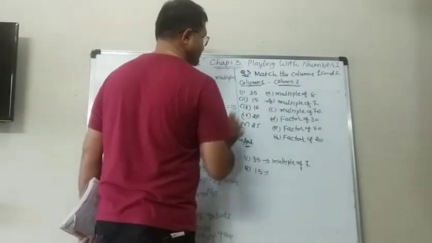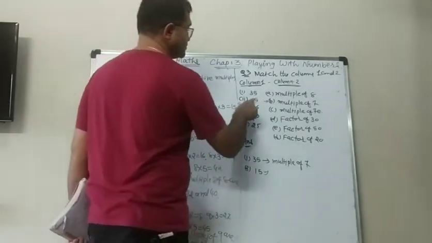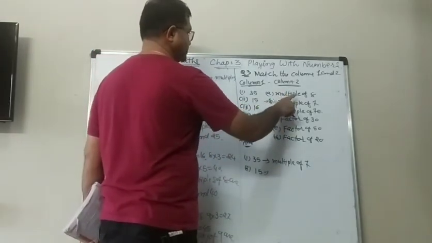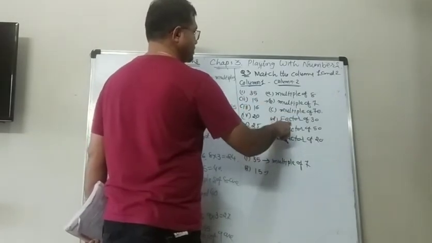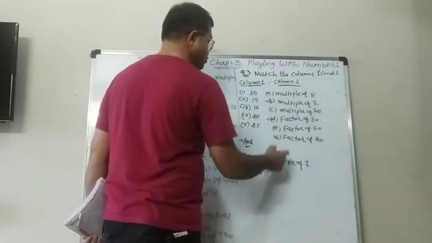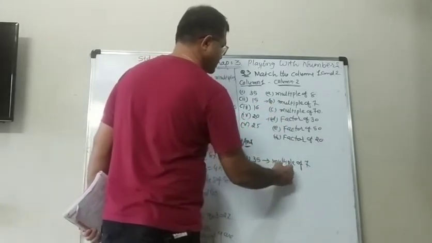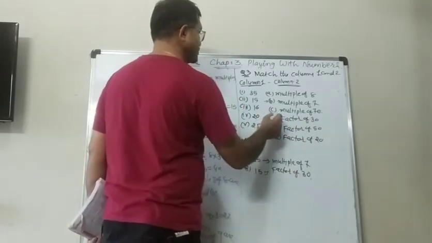Second is 15. So that is gone. For so long we can make a tick mark, so we know that the answer is gone. Now 15. 15 is not a multiple of 8. 15 is not a multiple of 70 also. 15 is a factor of 30. Yes, 15 times 2 is 30. So it is gone. So factor of 30. So that is also gone.